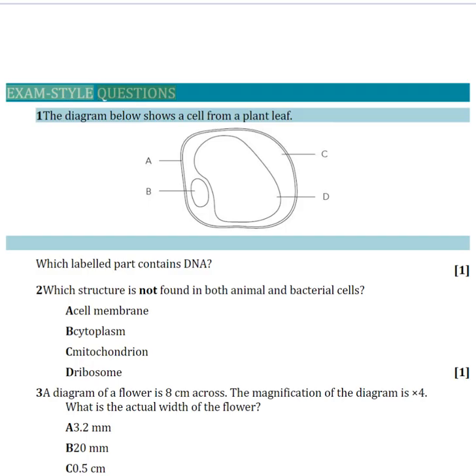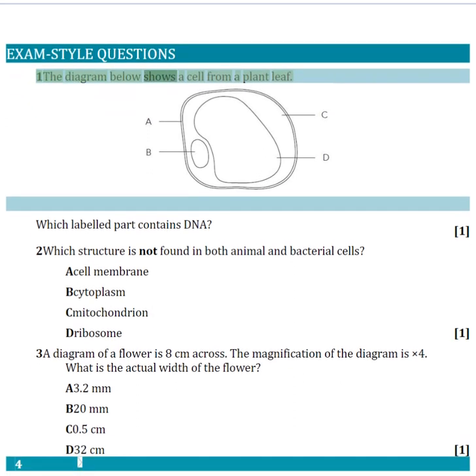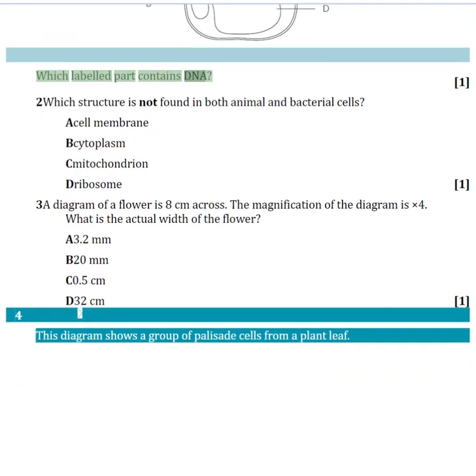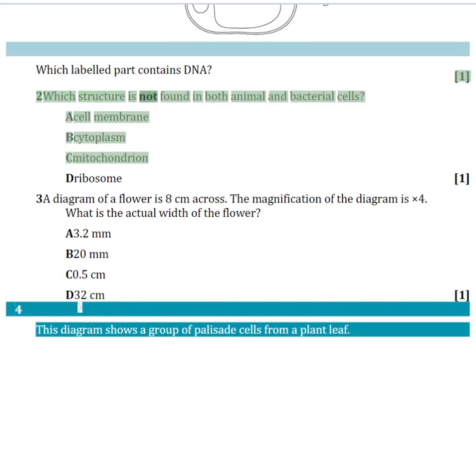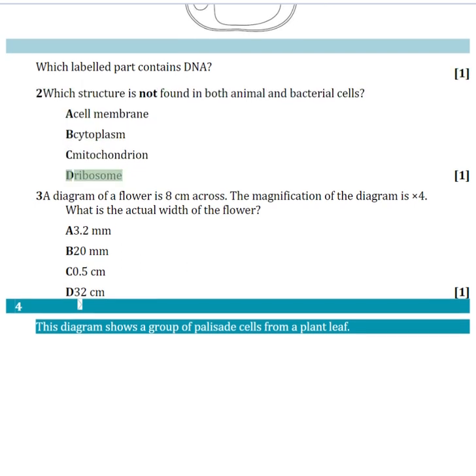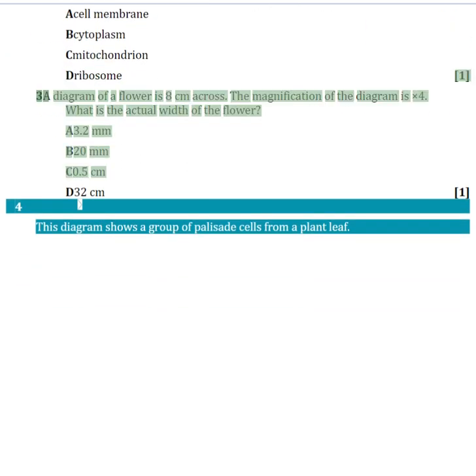Exam-style questions. 1. The diagram below shows a cell from a plant leaf. Which labeled part contains DNA? 2. Which structure is not found in both animal and bacterial cells? A cell membrane, B cytoplasm, C mitochondrion, D ribosome. 3. A diagram of a flower is 8 cm across. The magnification of the diagram is 4. What is the actual width of the flower? A 3.2 mm, B 20 mm, C 0.5 cm,